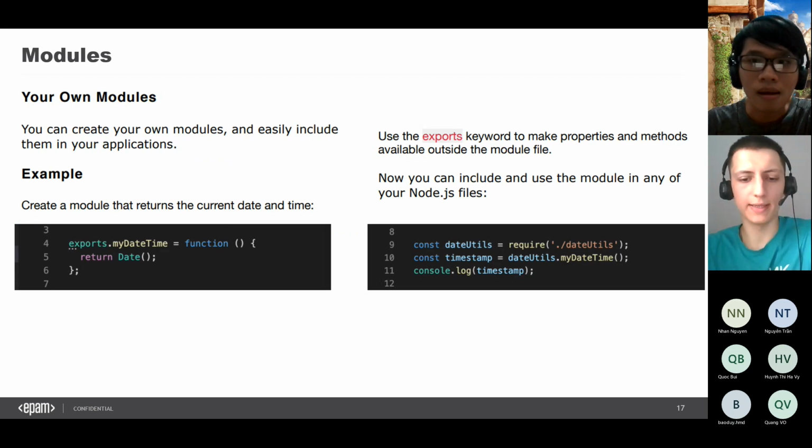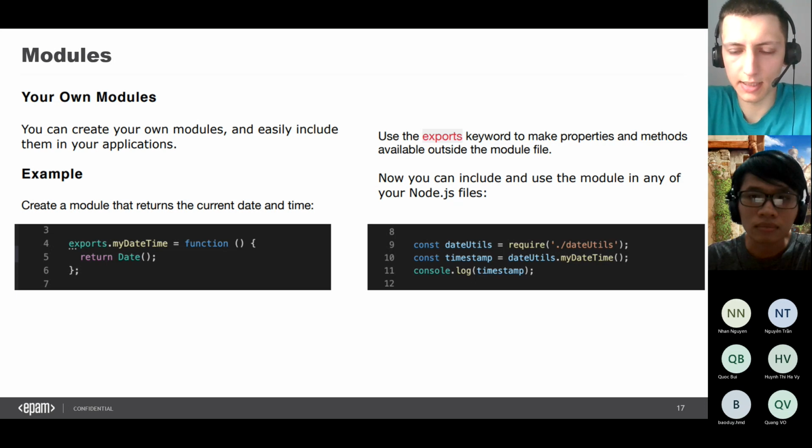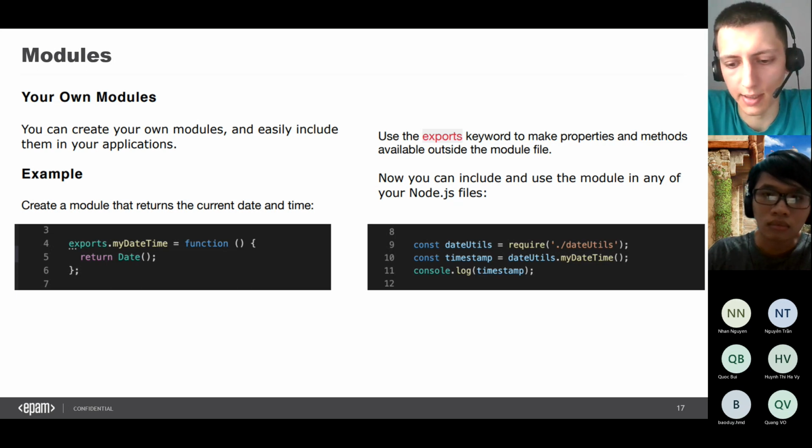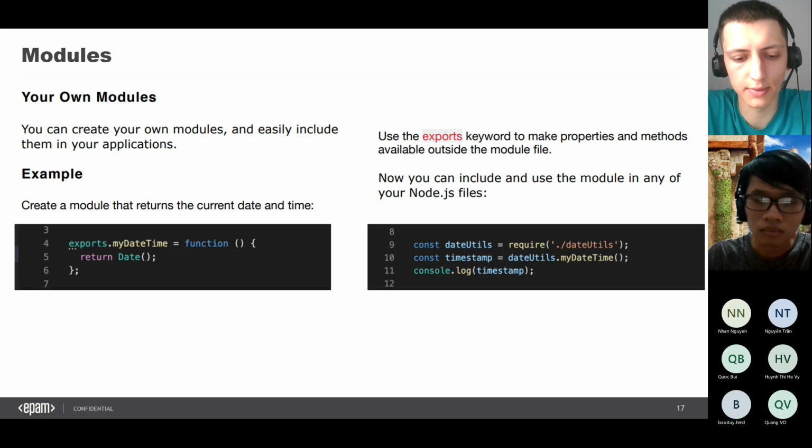Yeah, currently you can use ES modules, but a little bit more history. When Node.js was invented in 2008 or 2009, ES modules weren't presented.